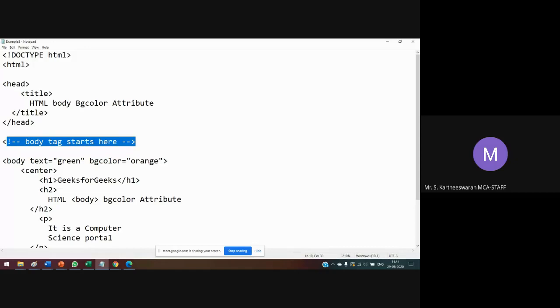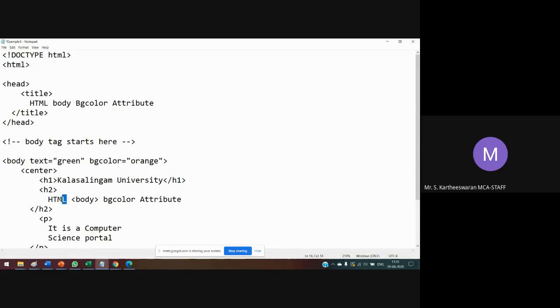H1 means it will be a larger size. For example, Kalasalingam University. And H2 is a smaller size compared to H1.